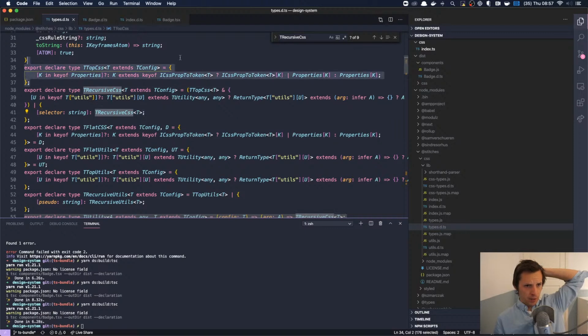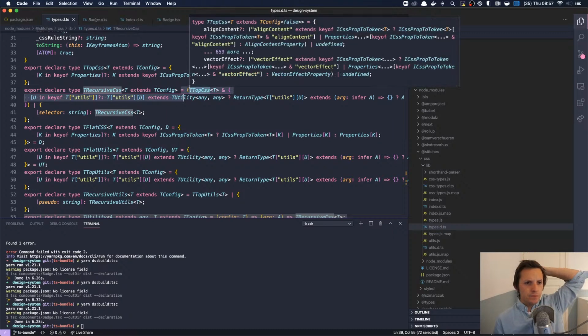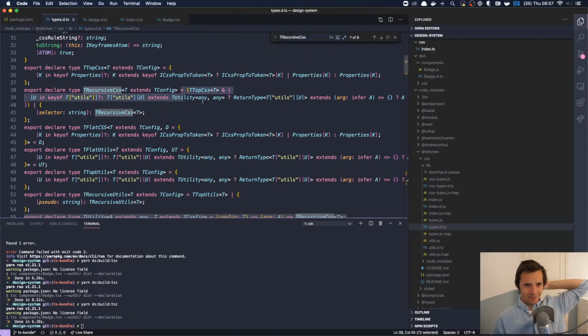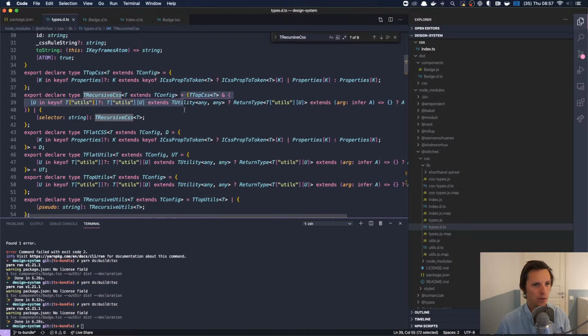But if we were to put this stuff down here, we would suddenly get all the CSS properties in there. God damn it. Why does it work this way? Why? Is there any way?